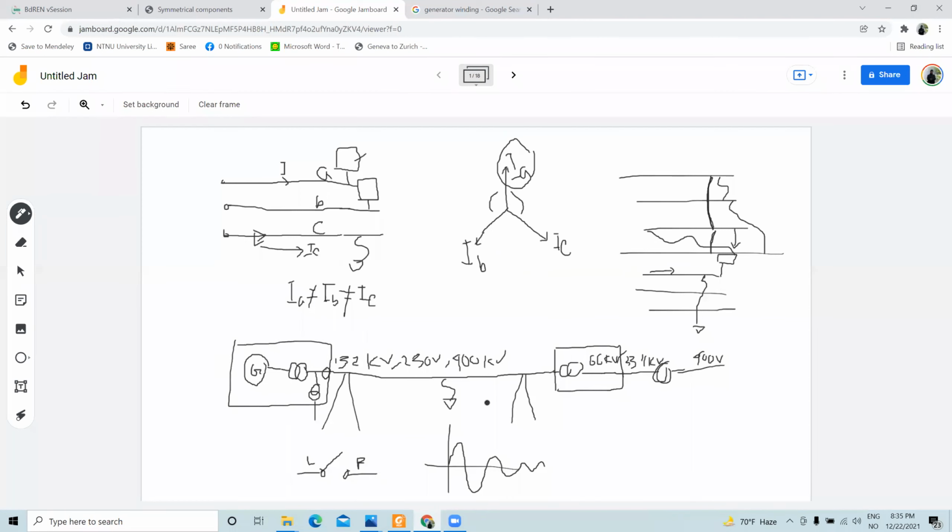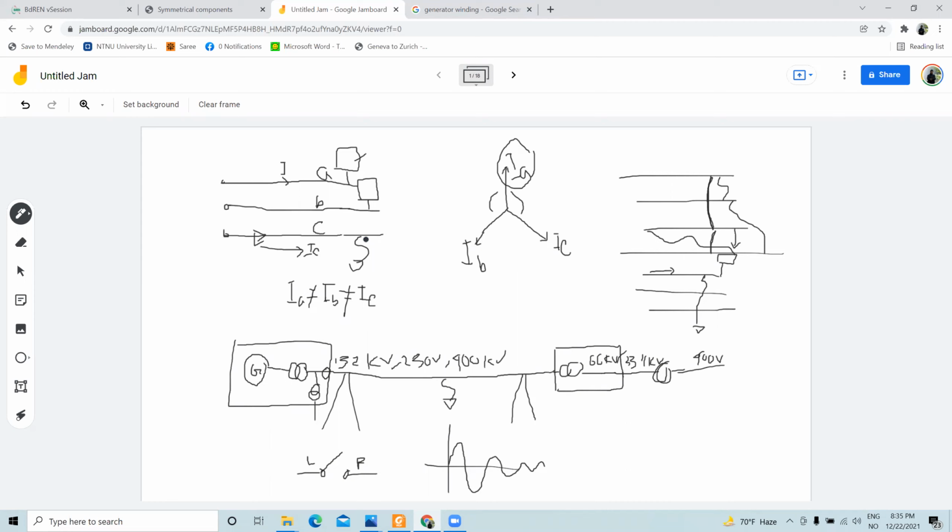But if you have an unhealthy condition, I mean an asymmetric condition, that means the three phases are not symmetric, the currents are not symmetric. This can be the case when you have a single line to ground fault, or double line to ground fault, or double line fault. All these cases are basically asymmetric faults, and statistically, almost 90% of the faults